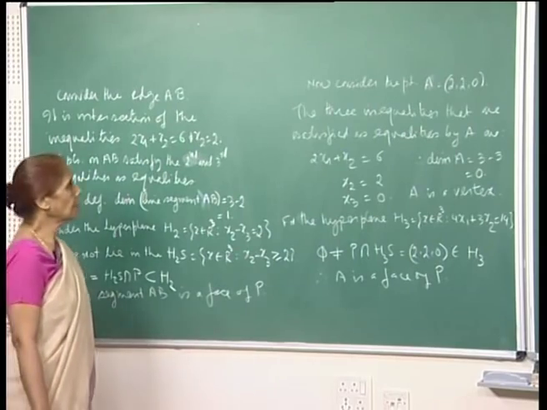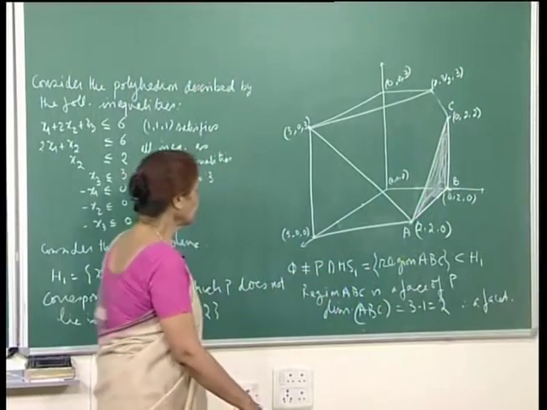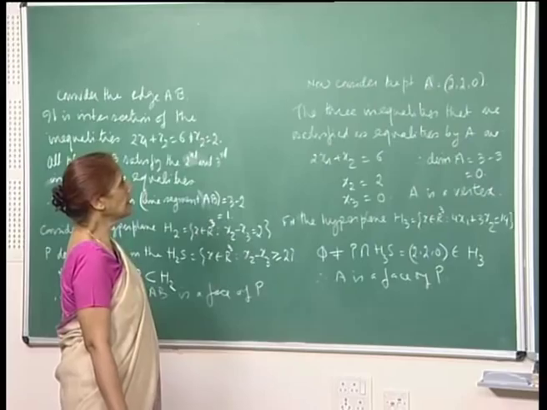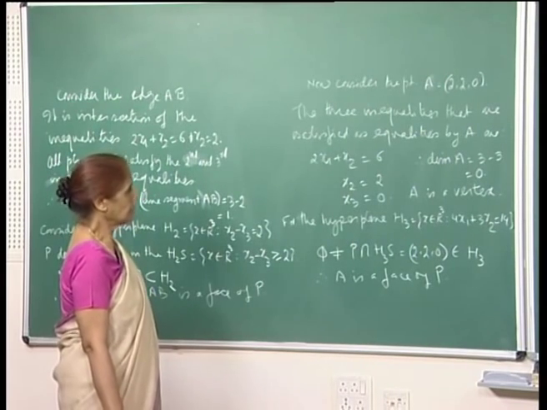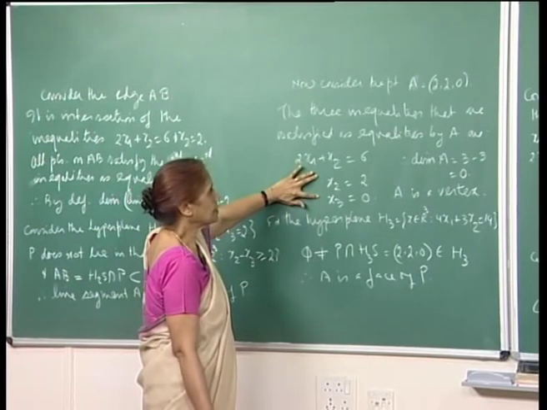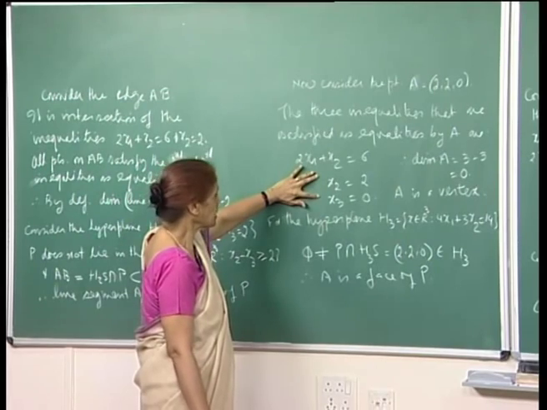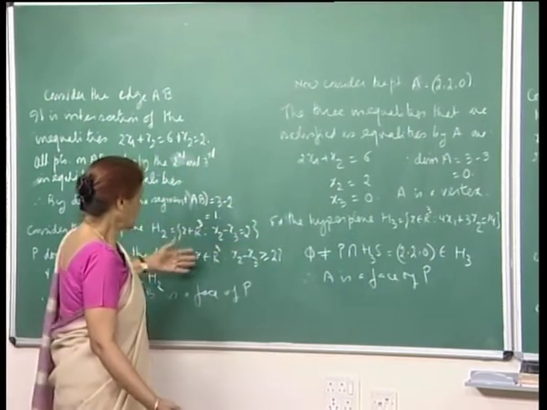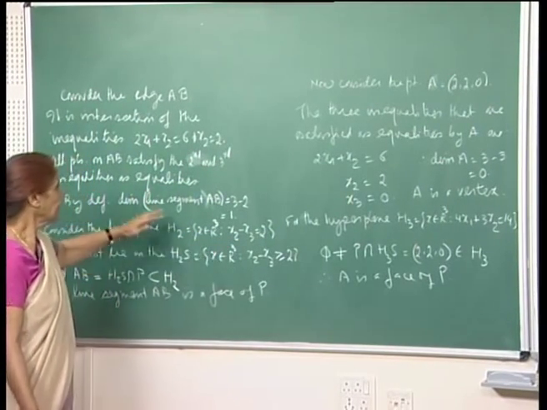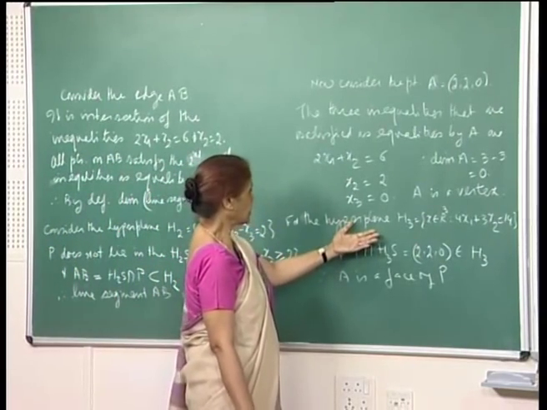And now, consider the point A, which is 2 comma 2 comma 0. This is a point of the polytope, and this is a vertex, and so we must have 3 inequalities that are satisfied as equalities by the point A. So you look at these 3, and therefore the dimension of this vertex is 0, which is what it should be. That is why we call it a vertex. And again, just for fun, you can also try to construct some other hyperplane which is a supporting hyperplane to the polytope at the edge AB, or for some other edge, and then here for the hyperplane H 3